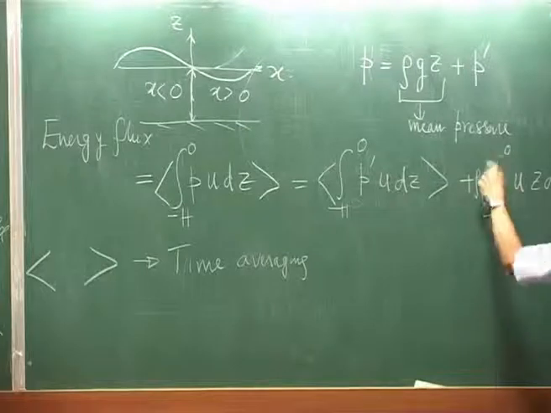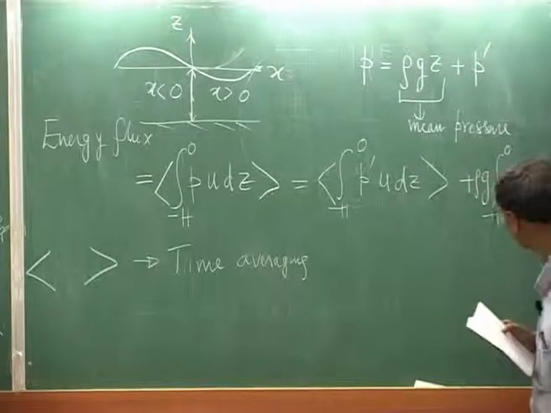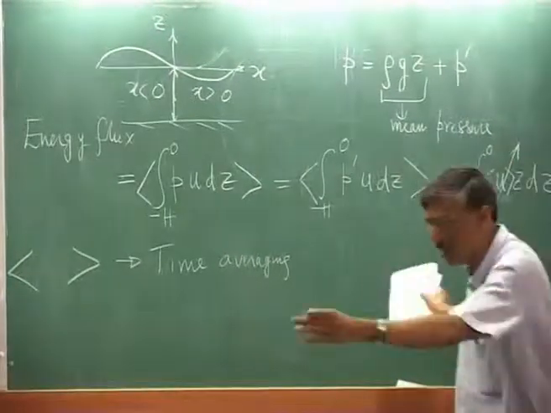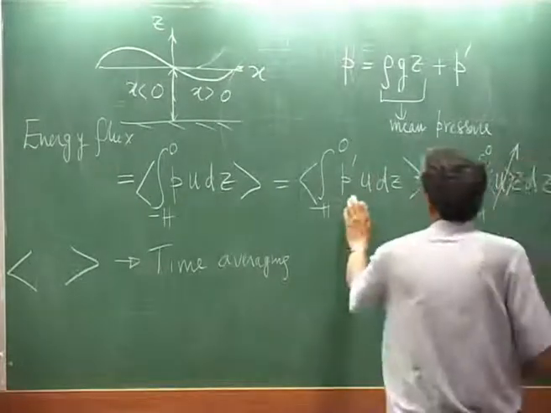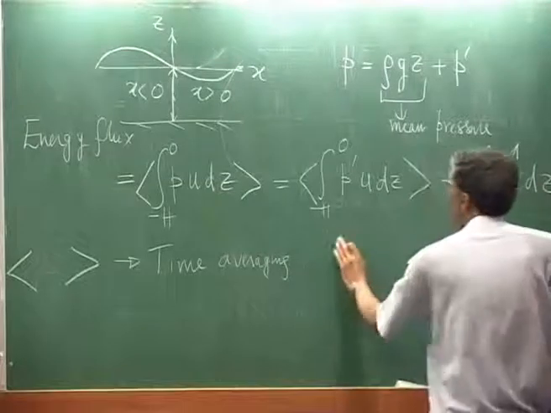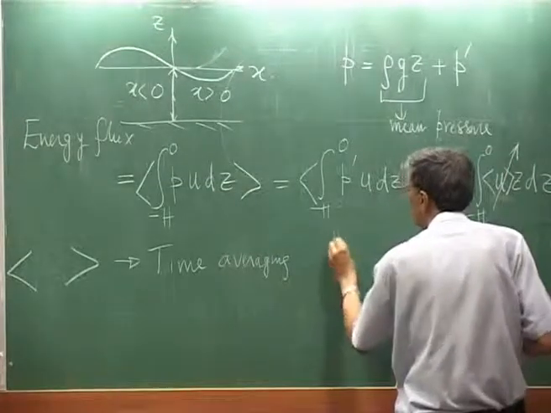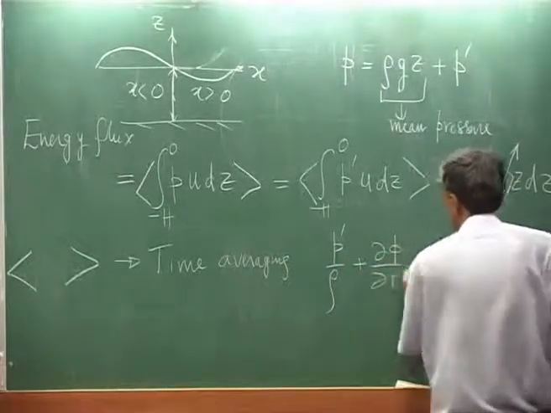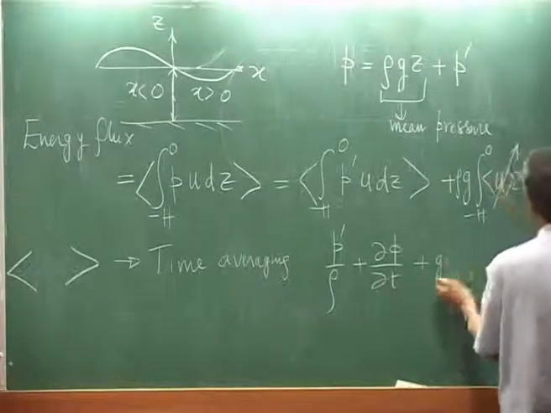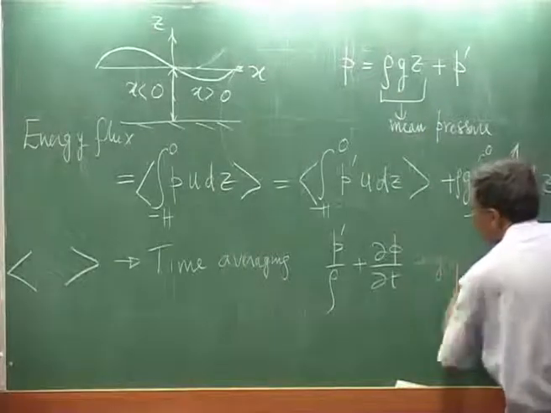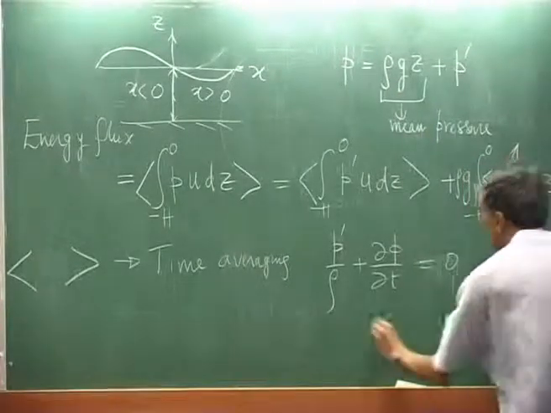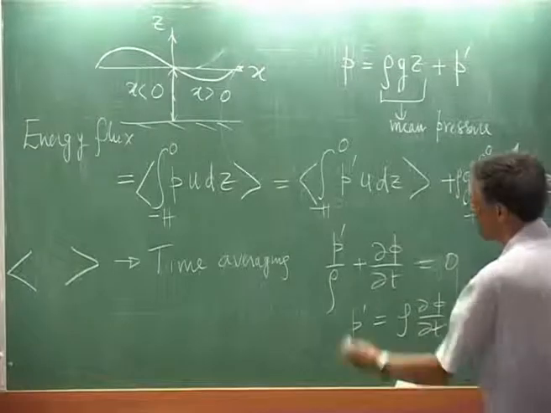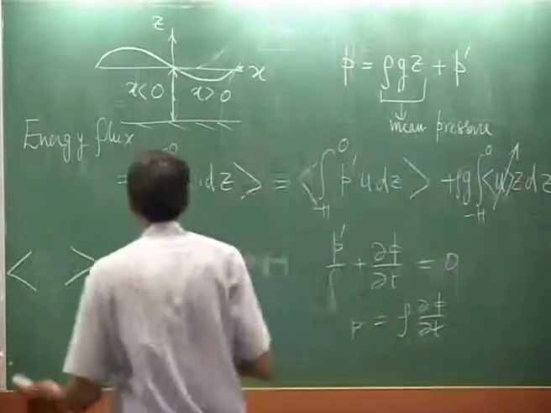so if I do a time average of this, it will reflect on this, and this time average itself, if I am looking at a perfect harmonic thing over one wavelength, this will go to 0. So, all we need to do is look at this, and if you recall the Bernoulli's equation we wrote, there the fluctuating pressure was given like this, and whatever we had here, g eta, that is the mean part, that is what we have written there. So, that part is gone. So, if I leave it like this, p prime works out as rho del phi del t, and the phi expression that we have written down,